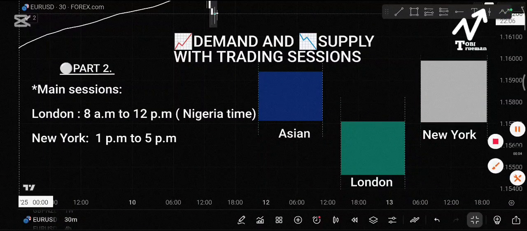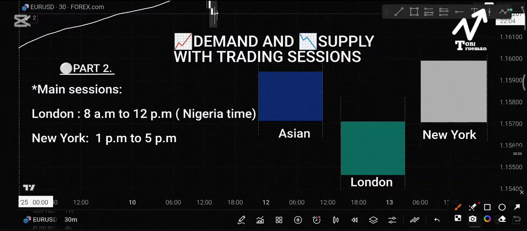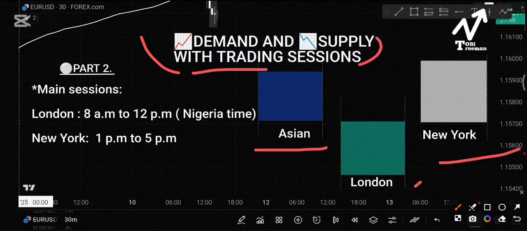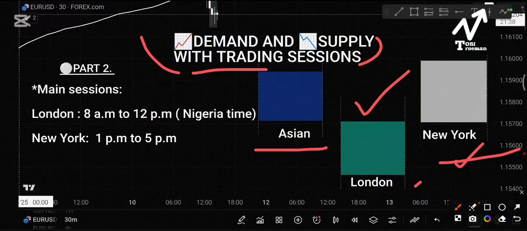All right, so we are now in part 2 of our demand and supply with trading sessions. You should know that there are 3 major sessions known as the Asian session, London session, and New York session. We are going to be trading only 2 major sessions, which are London and Asian. When you look at your TradingView chart using those indicators I've already explained in the first part of this video,